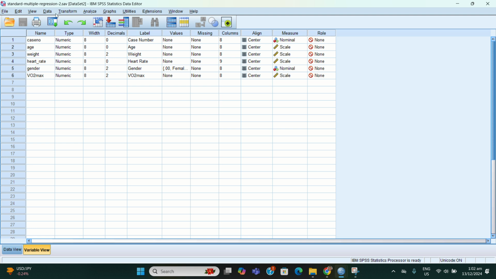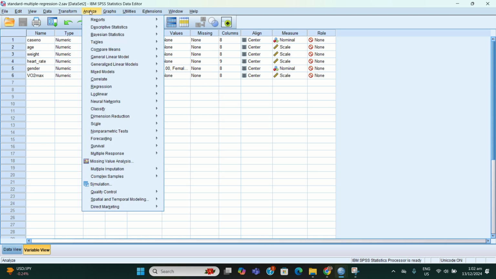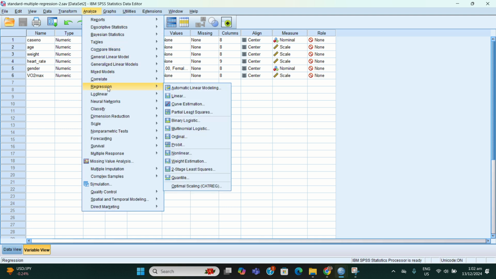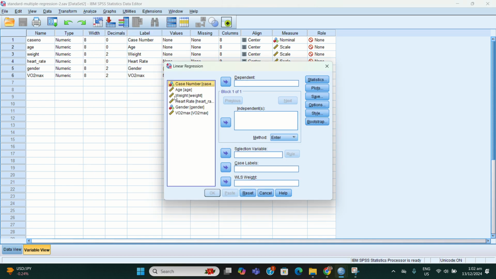Next, we have to click Analyze, then go to Regression, and click Linear. In the linear regression dialog box, we have to transfer variables to the appropriate boxes.